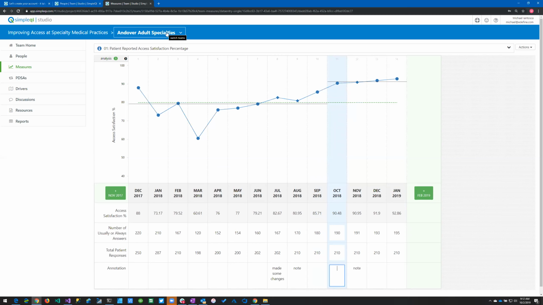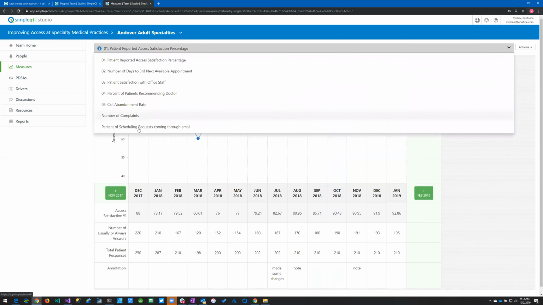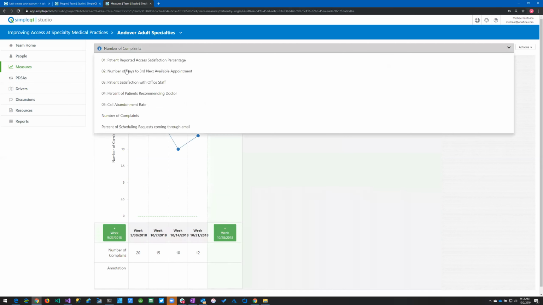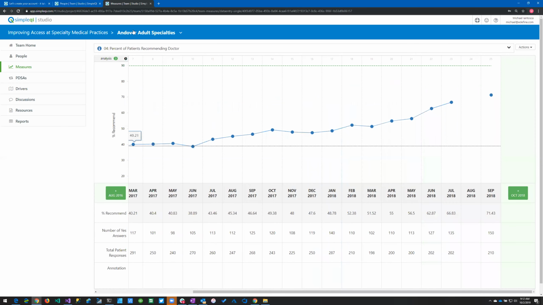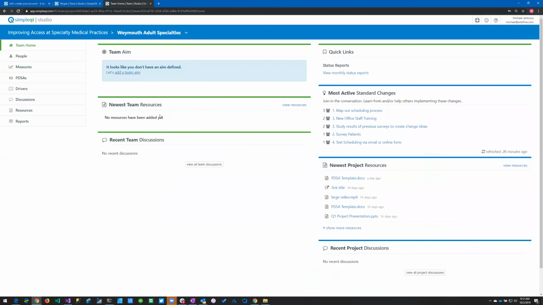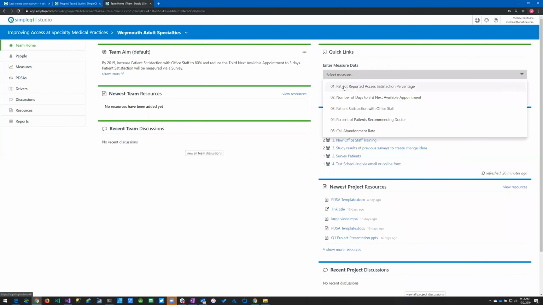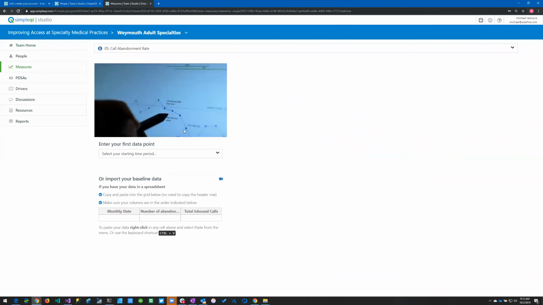One thing that you might be able to take advantage of, if you have baseline data, is you can actually import it instead of having to manually enter it. So let me see if I can find an empty measure. Yeah, so I'm going to switch teams, and I'm going to go into a measure. Okay, so this is an example of an empty measure,